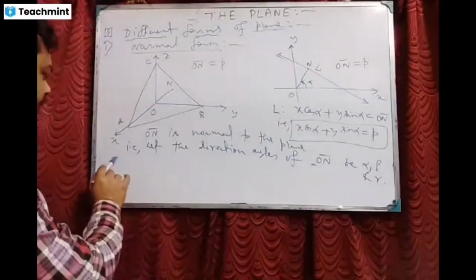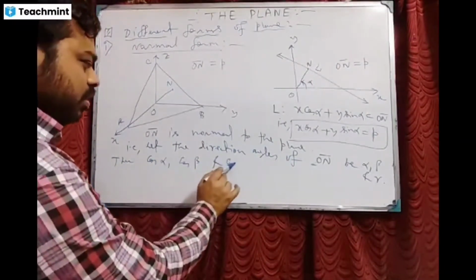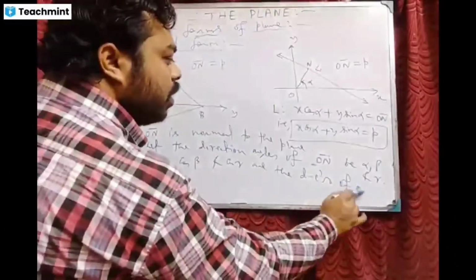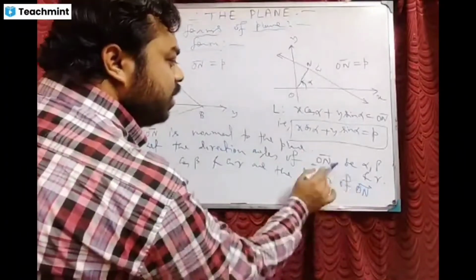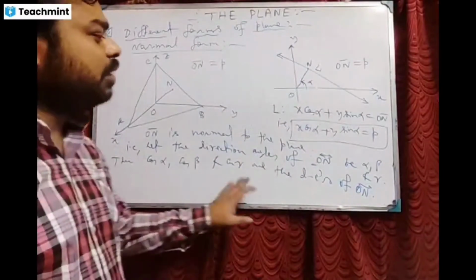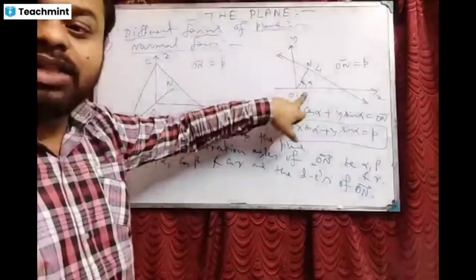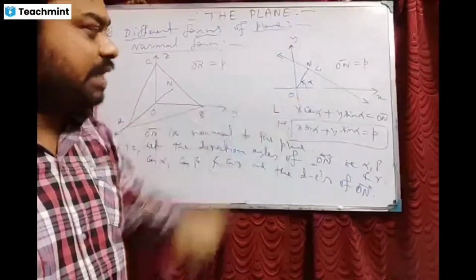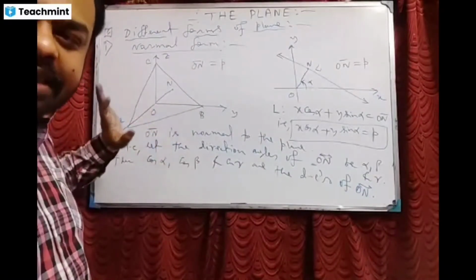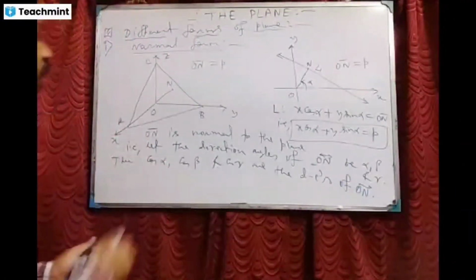Then cos alpha, cos beta, and cos gamma are the direction cosines of ON. Then the equation of plane ABC is